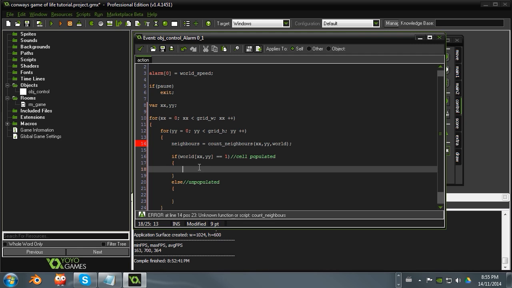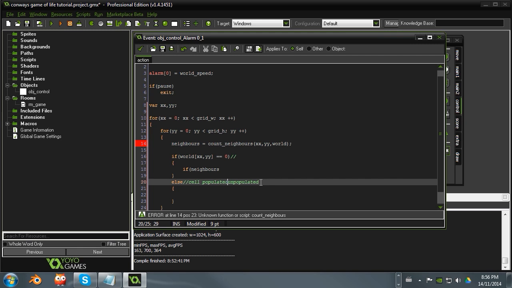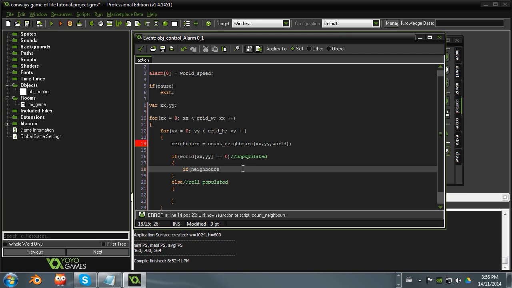Unpopulated. Okay, so in here we want to say if neighbors is equal to, actually we'll do it like this. I did it a little bit different earlier, but we'll do it the same as how I did earlier, just so the download link is the same. So we're going to first check if it's unpopulated. So we'll just go ahead and go like that. We'll just pretend this bit didn't happen. There we go. Nothing changed. Well, everything changed, but